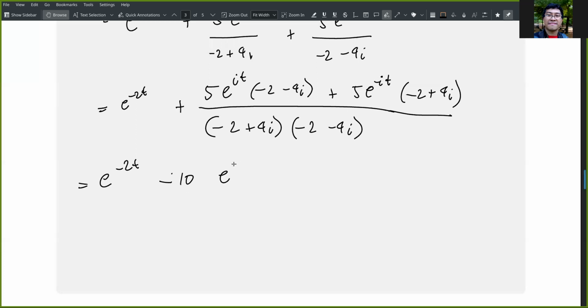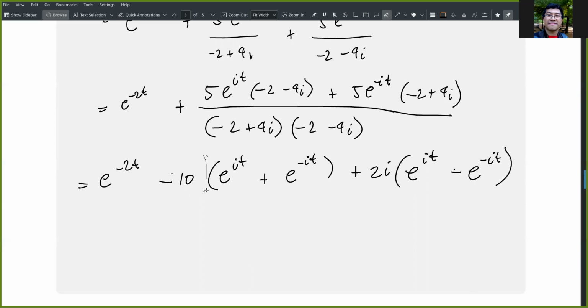Okay, e^(it) plus this and this. You also factor out e^(-it), plus we factor out 2, so we're left with 2i e^(it). This one, we factor out minus 10, so this should be minus e^(-it). Okay,